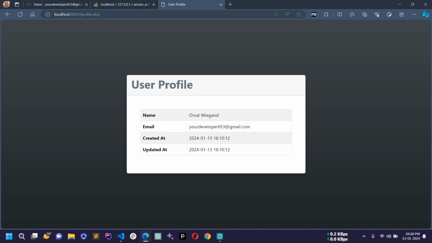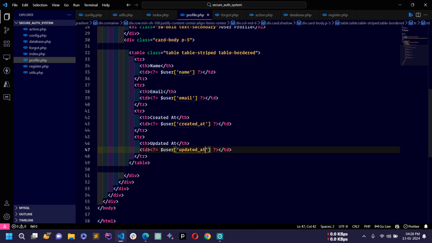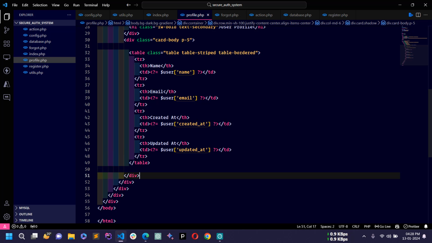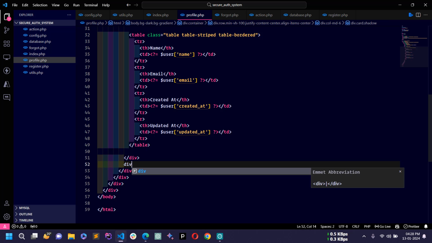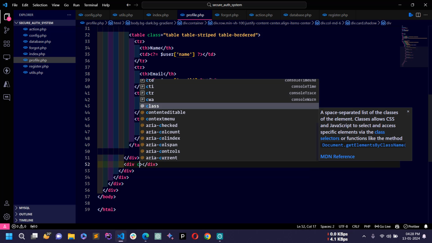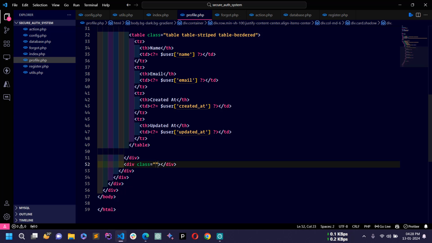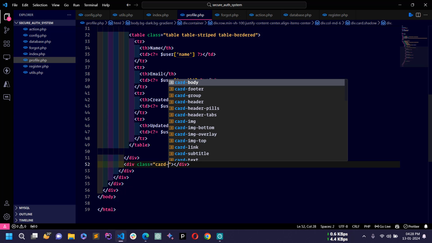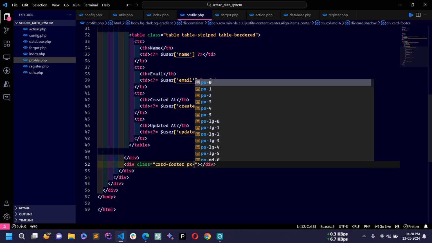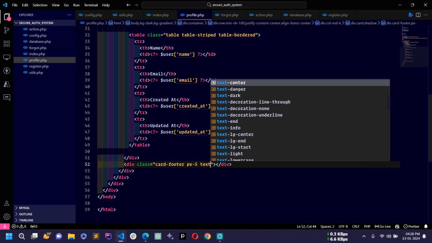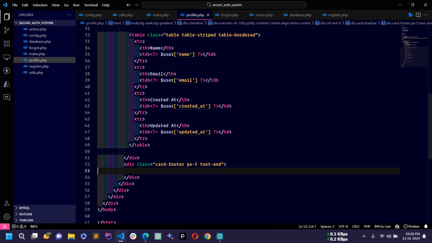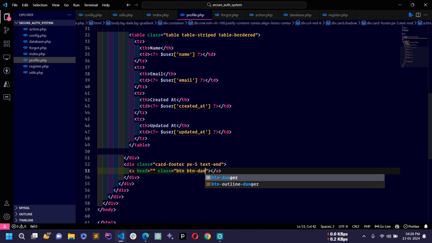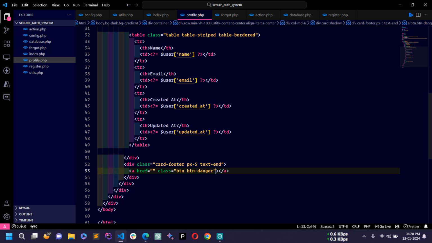Now we have to create one more button for logout. So just below this div, I will use another div, and here I will write the class card-footer, padding left and right 5, and text-end. Now here I will use an anchor tag, and I will use class btn btn-danger, and then here I will write Logout,